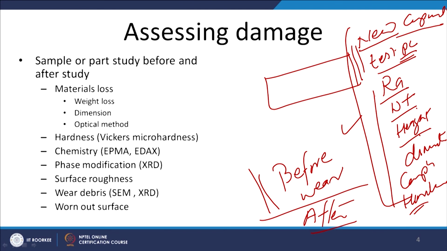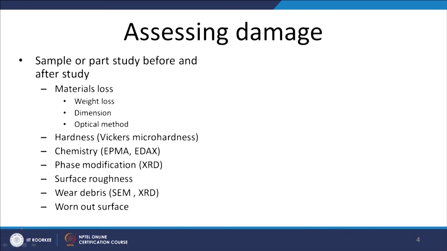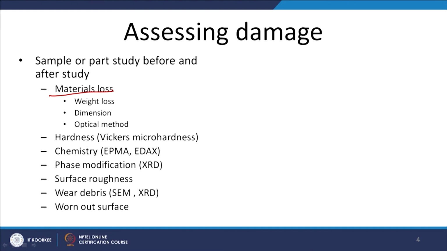That is what we have to assess to see the kind of damage taking place. So these are the various parameters which can be used for the assessment of the extent of damage taking place in the component being subjected to surface damage by different operational mechanisms. So these are like material loss. If you have to measure the loss of the material